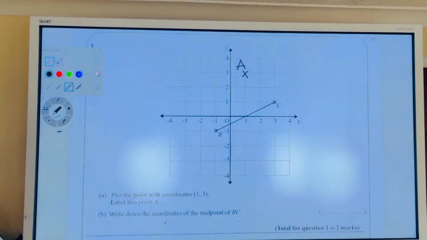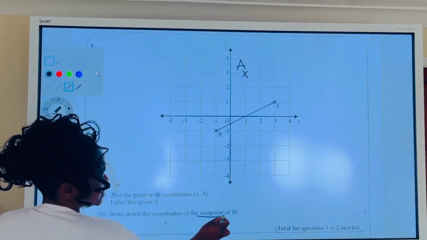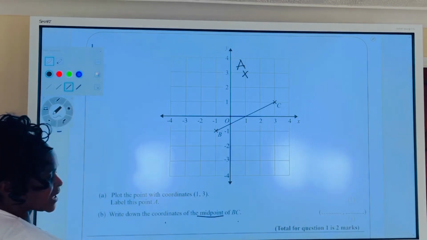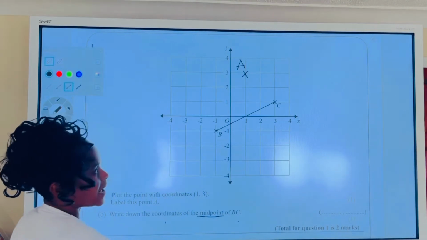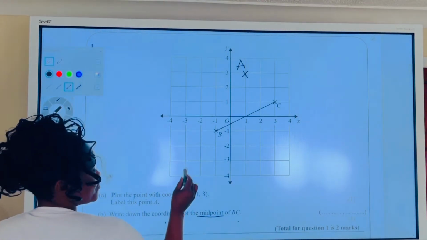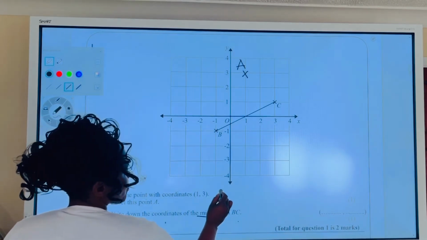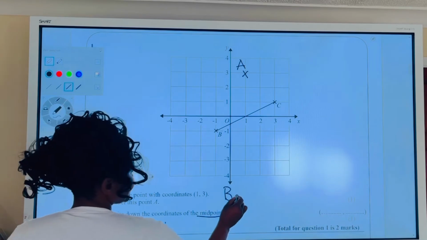Now the second part is asking you to write the coordinates of the midpoint. So our important word here is midpoint, which is between B and C, halfway. So it has to be exactly in the middle. Okay, so we need to list the coordinates of B first. So the coordinates of B are going to be